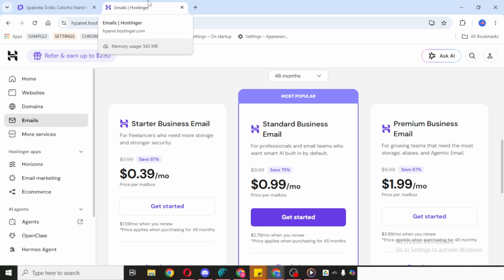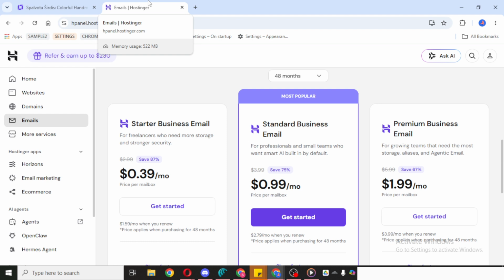Once you're inside Webmail, take a moment to make sure you're in the correct inbox or folder if that matters for the emails you want to export. Then, at the top of the screen, look for the More option and click it. A drop-down or menu will appear with additional actions. From that menu, choose Download.